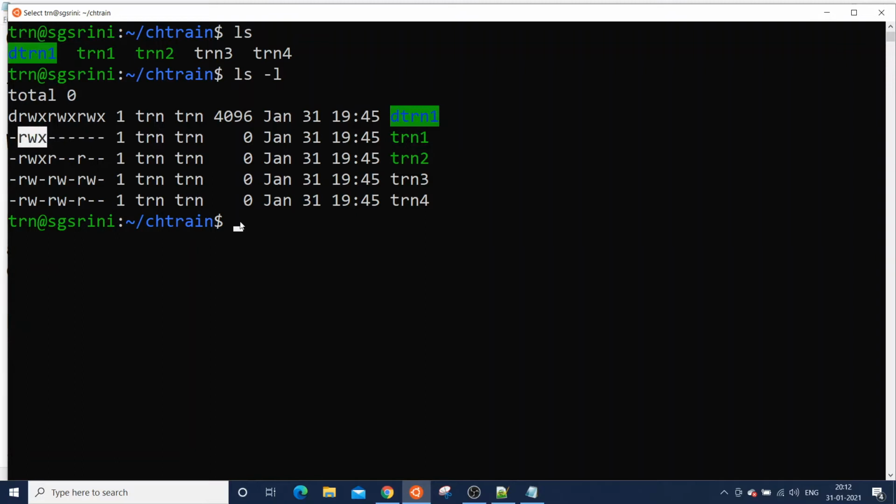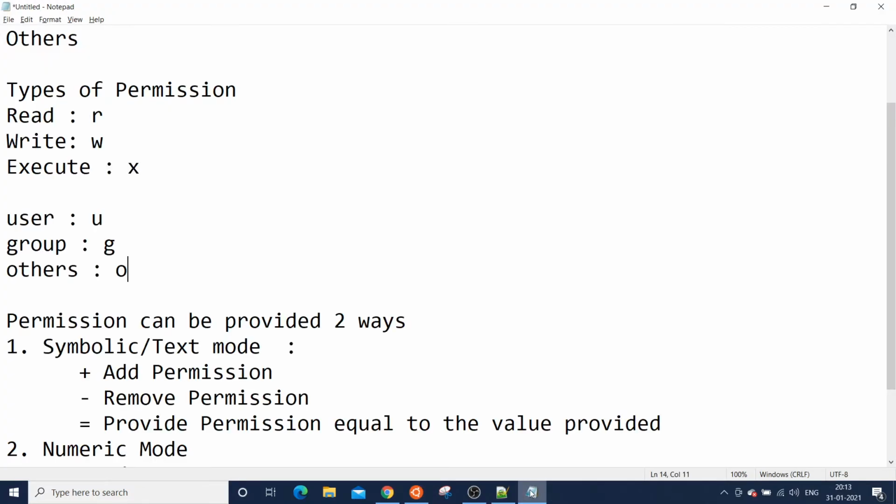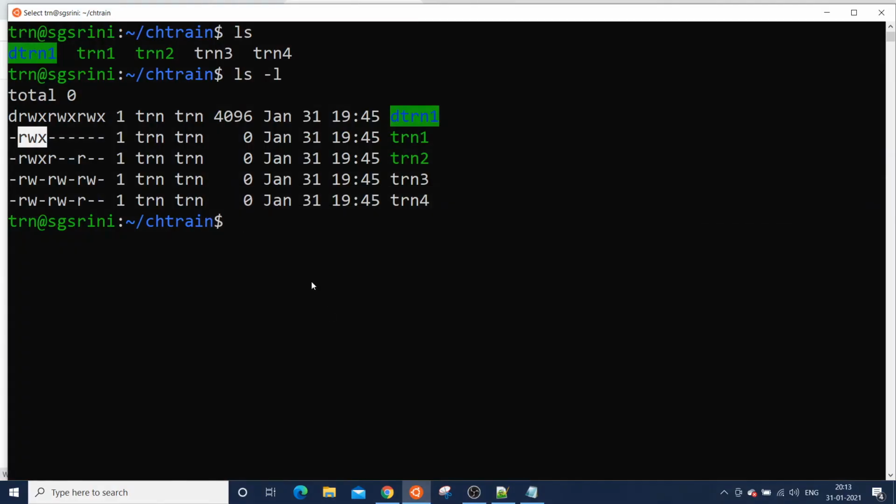Suppose we want to give the read permission for the group, how can we give that using the text mode? Let us see. So chmod, I want to give permission for the group, the permission to read, for this file train1.